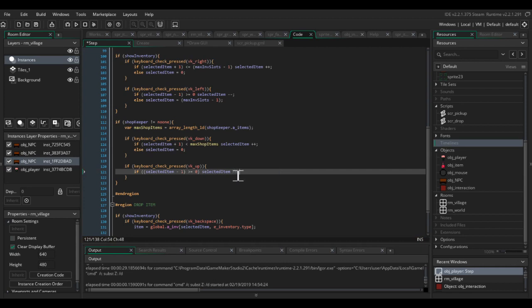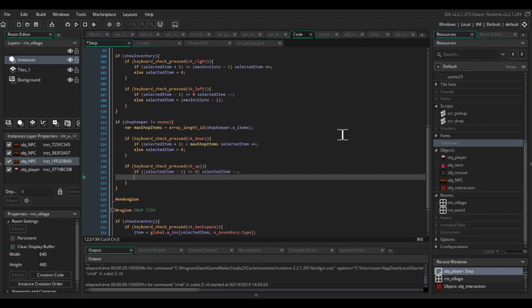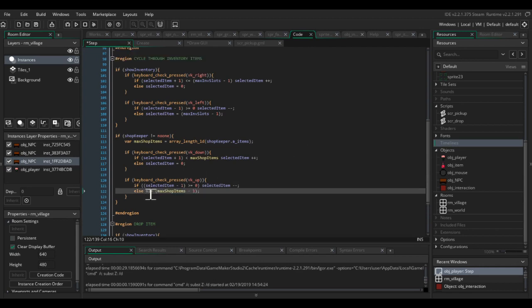If selected item -1 is greater than or equal to 0, then just -1 from it. Else, selected item equals max shop items -1. So